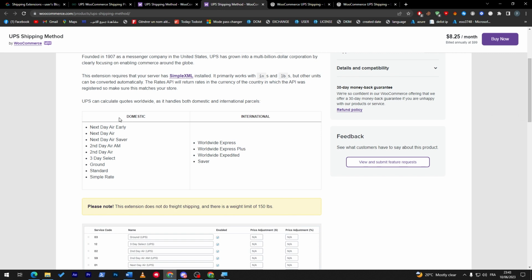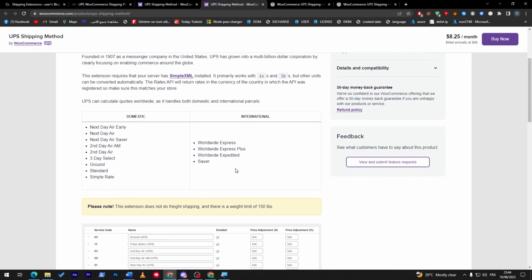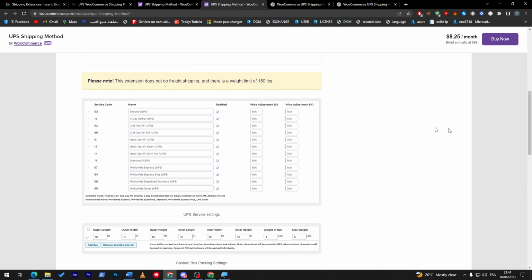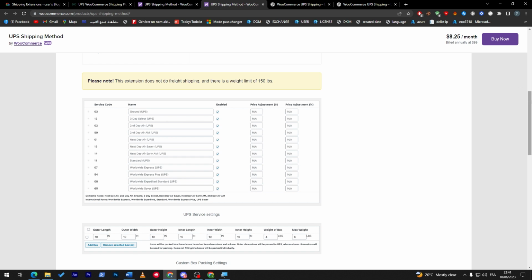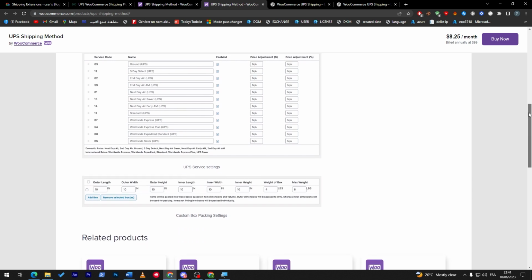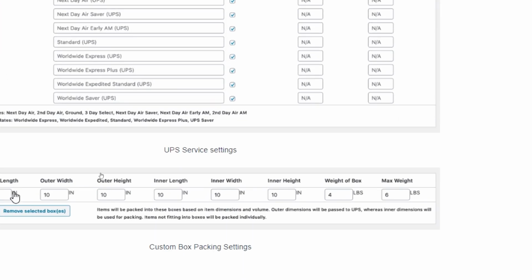And here they explain everything from domestic, next day air early, next day air, like how it works, the shipping, Worldwide Express, Worldwide Express Plus, Saver, here how it works. You can here add the service code and everything. The extension does not do freight shipping, and there is a weight limit of 150 lbs, which is about 75 kilograms. Here the UPS service settings, you can adjust it